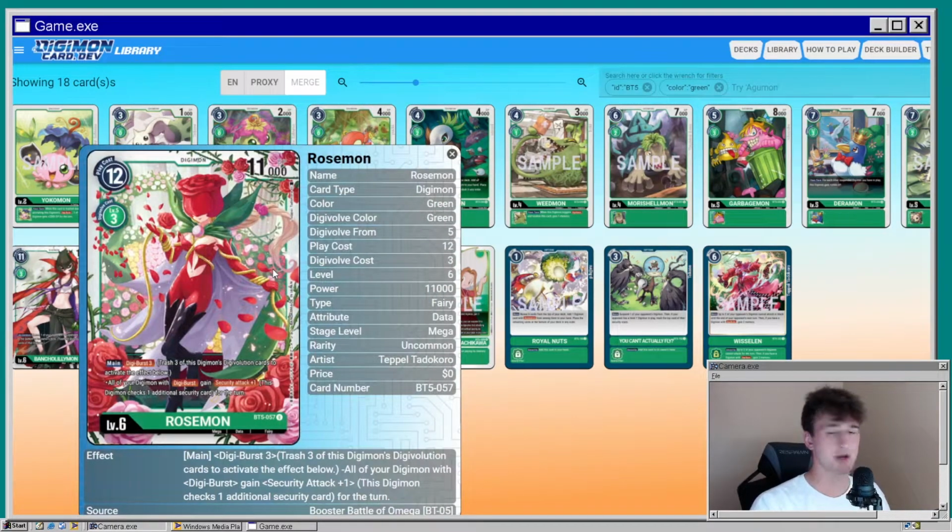All right, Rosemont. She loves coming in the green. I think she's been in every set except 1.5. So her main is Digiburst 3. All your Digimon with Digiburst gain security attack +1. I think this is gonna be a great tech in for OTK, because that is gonna really benefit, because say you're not seeing that